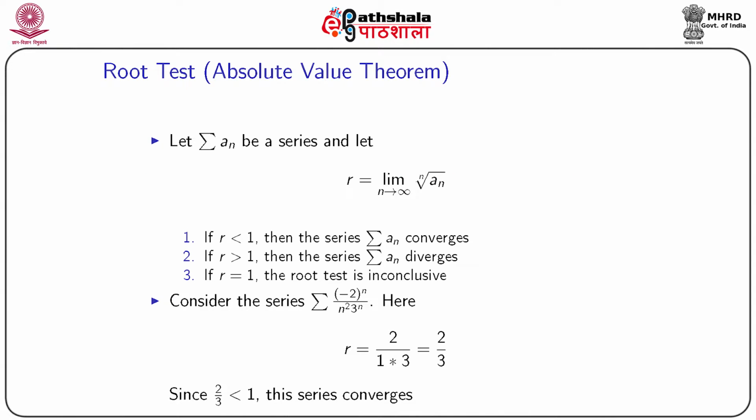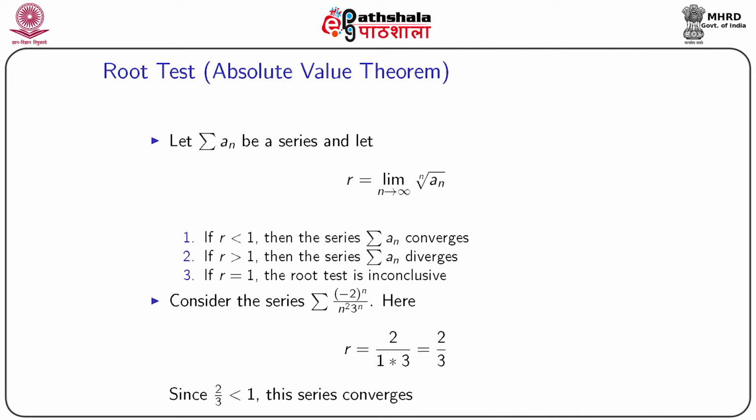Now we will define what we mean by the root test. We call it the absolute value theorem. Let the sum of a_n be a series, and let r equal the limit as n tends to infinity of the nth root of a_n. Now if r is less than 1, then the series converges. If r is greater than 1, the series is divergent, and if r is equal to 1, the root test